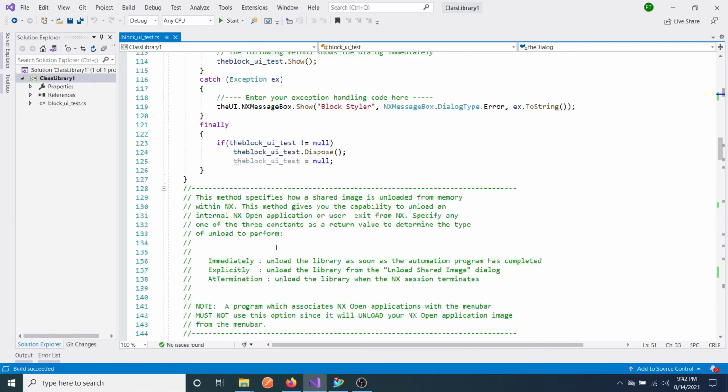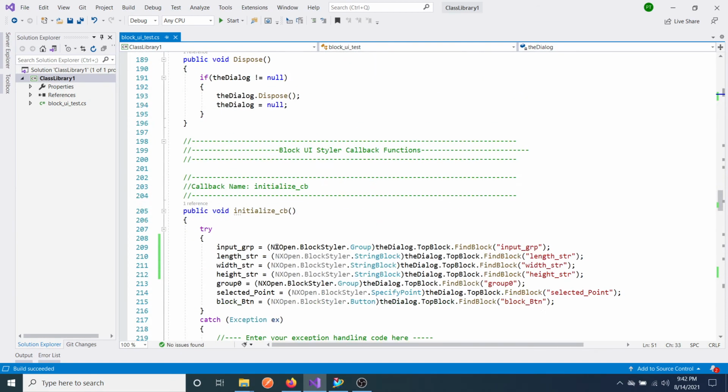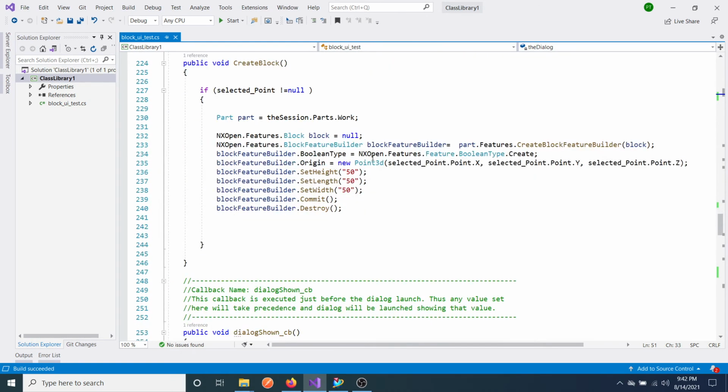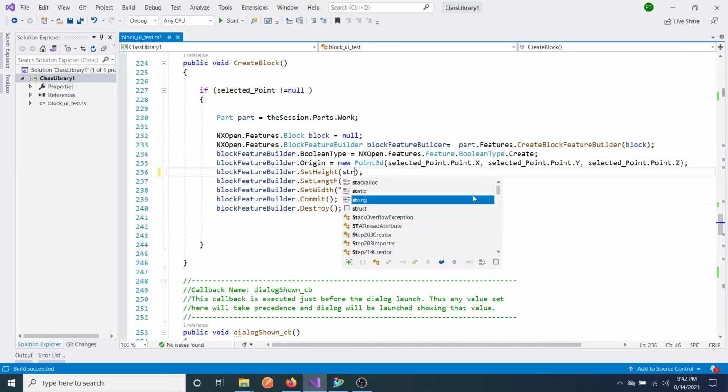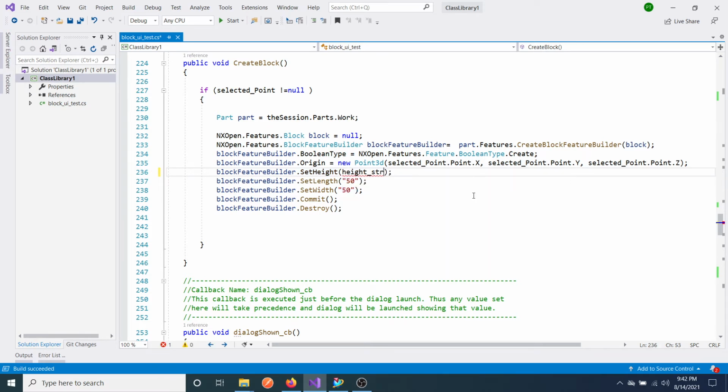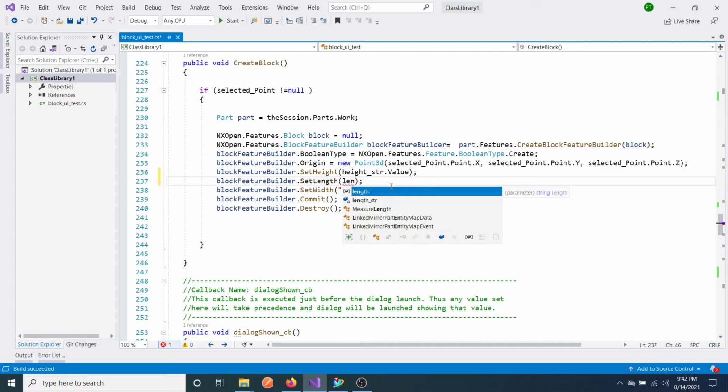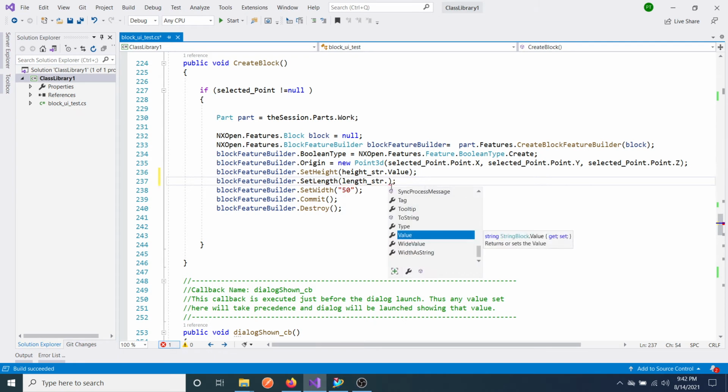Now we need to add a bit more logic while creating our block. Here we are going to get the input values from the user. For height we are going to use height dot value, and for length, length dot value.